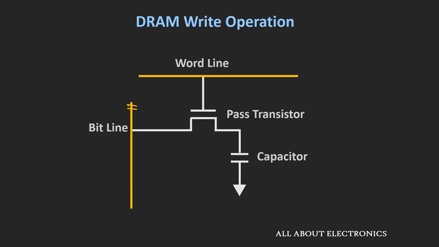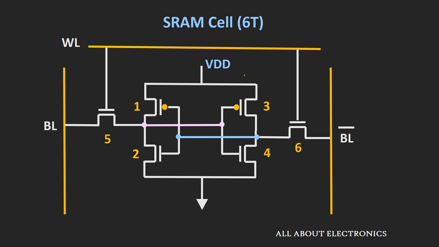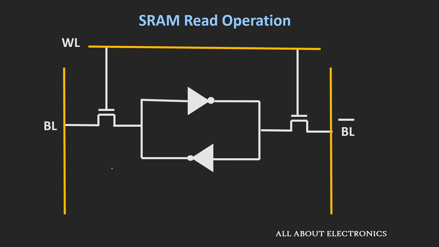Now as this DRAM involves capacitors, the reading and writing speed of this DRAM depends upon the charging and discharging time of these capacitors. Similarly, let us see the internal structure of this SRAM and how reading and writing is performed on it. If you see the internal structure of this SRAM, it consists of 6 transistors. Out of the 6 transistors, 2 are pass transistors, which give access to the bit lines, while the remaining 4 transistors are the 2 cross coupled inverters. Here transistors 1 and 2 are the first CMOS inverter pair, and transistors 3 and 4 are the second inverter pair. If you see the simplified circuit, it will look like this.